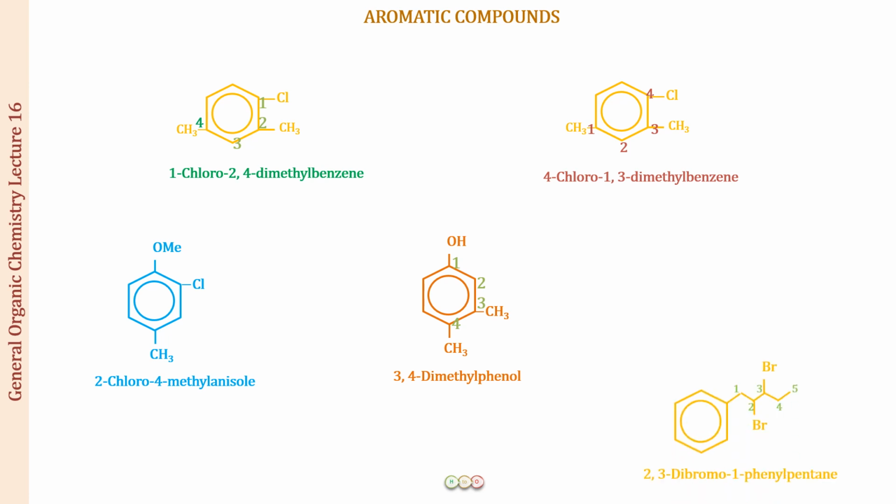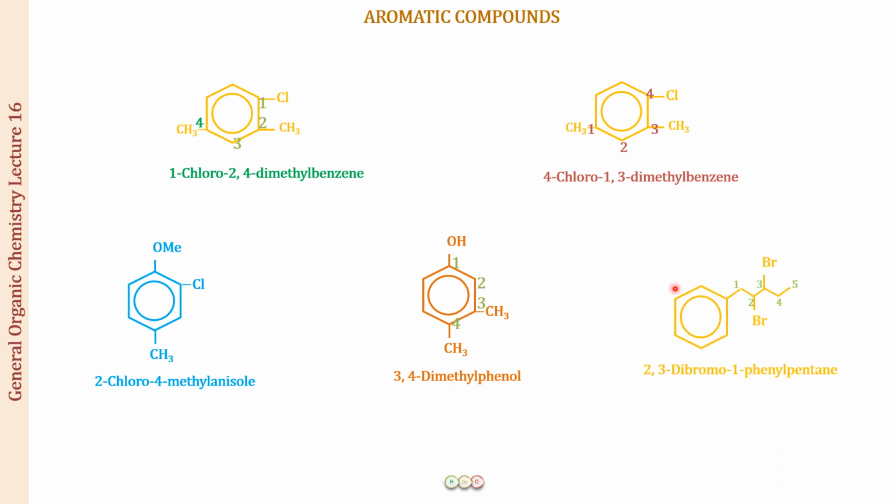One last question, let us see that as well. So we have the benzene ring, and to this we have a side chain which we have the functional group, the bromines present. So this aliphatic portion, the side chain, becomes more important. So this is the parent chain, and then you're going to number it in such a way that you're going to give a lower number to the substituents.